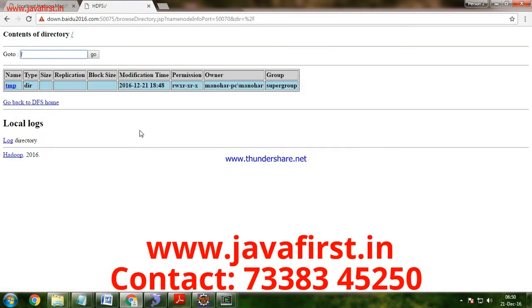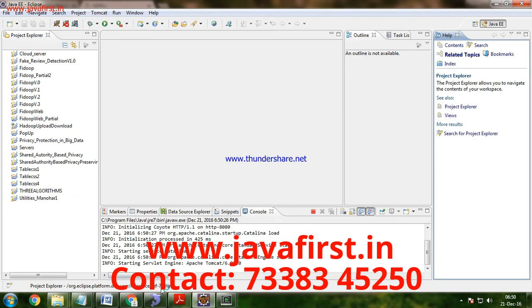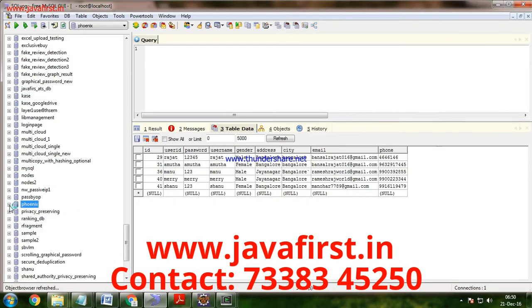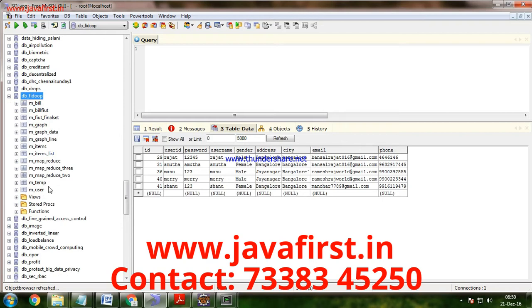This is the Hadoop HDFS where the files will be stored, the data will be stored here. Then I'm starting the Tomcat server. This is the database of the project.